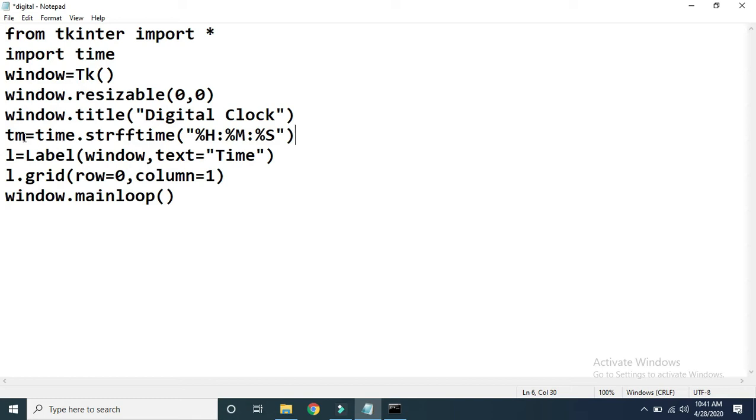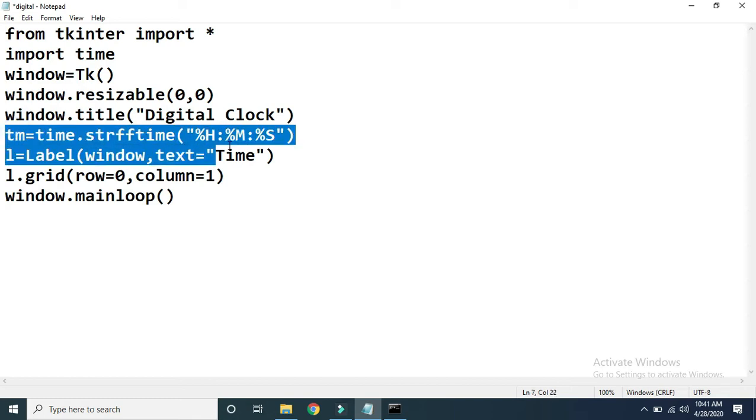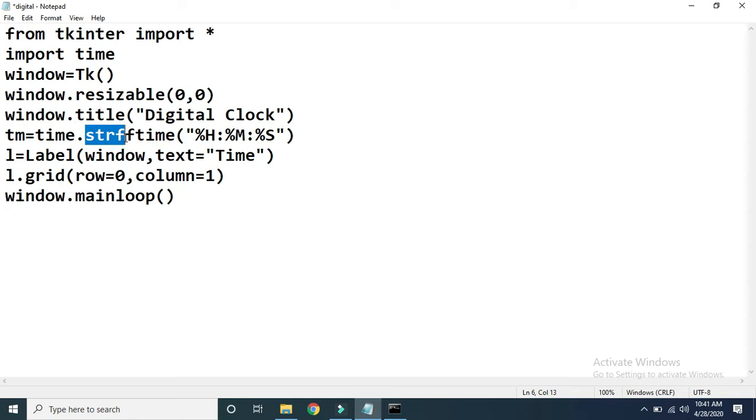Now what is the use of this particular statement? After execution of this statement, it is just going to call this function strftime only once. This is an inbuilt function available, and its definition is stored in the time module. This function is used to fetch the current system time.